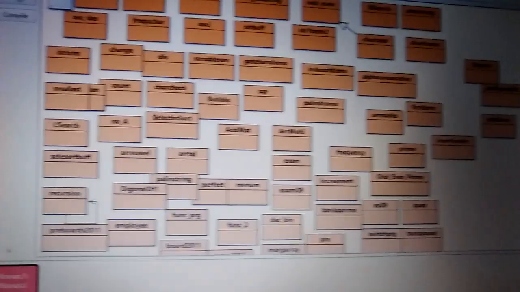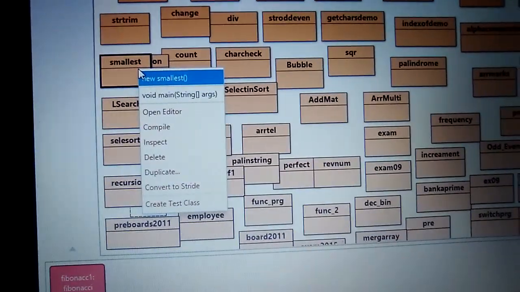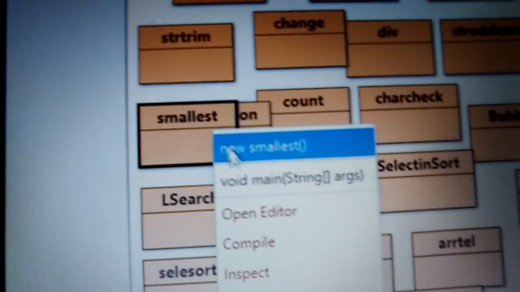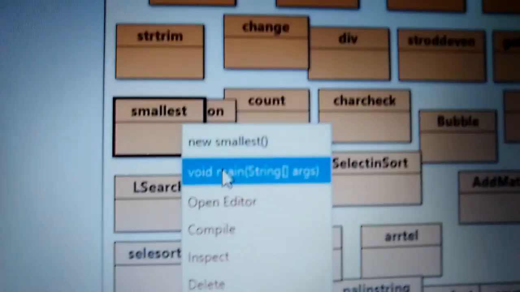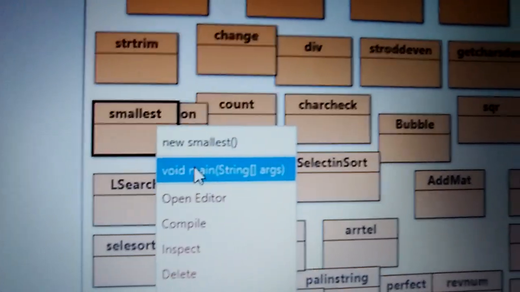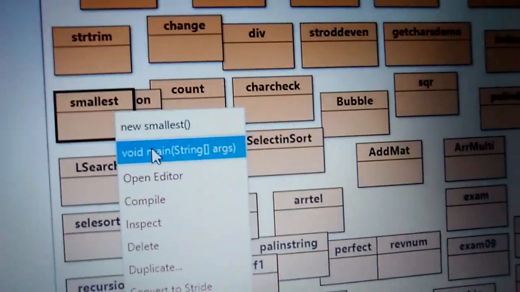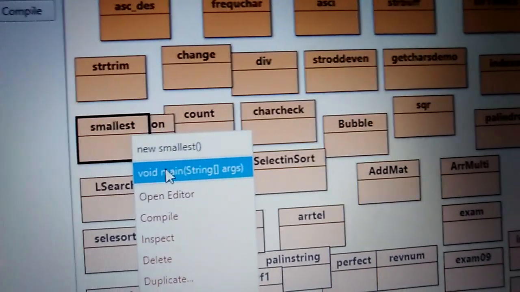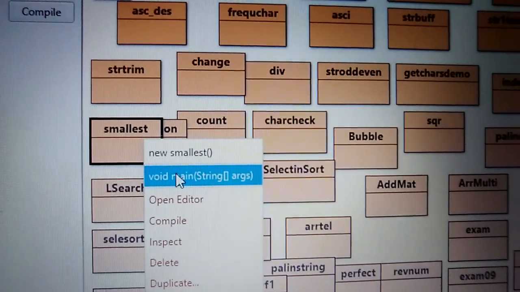Now let us see and check for another program. Let us have a program which is having public static void main. Now here the input is taken during runtime. There also the input was provided, but not with the help of main function.